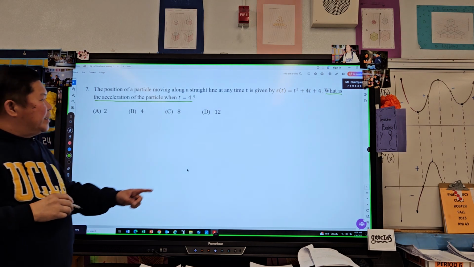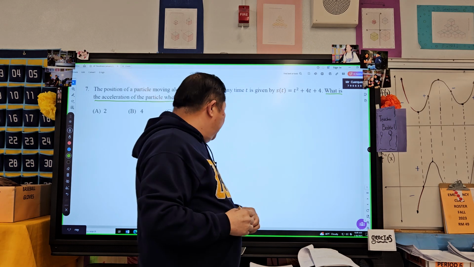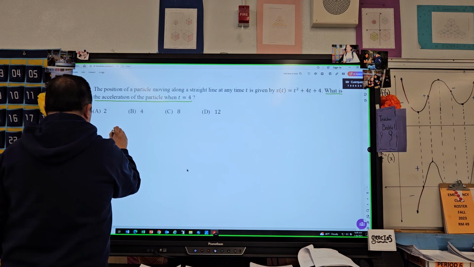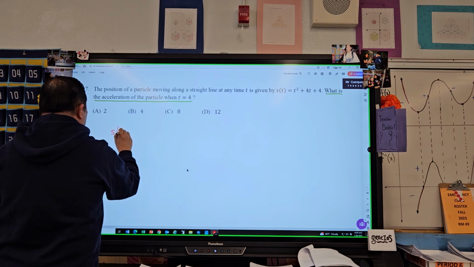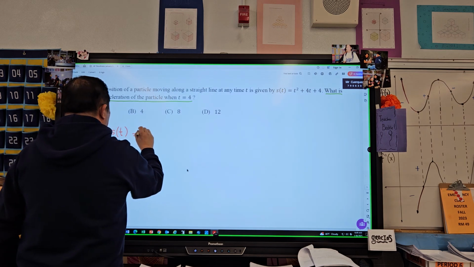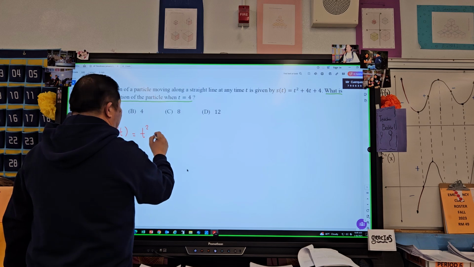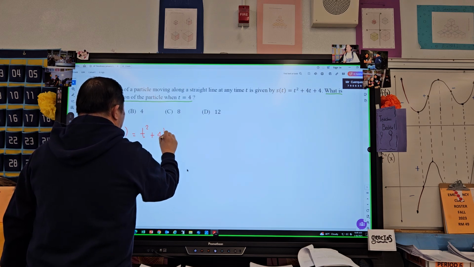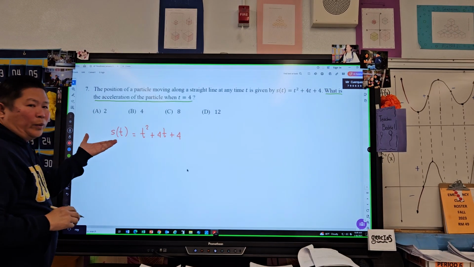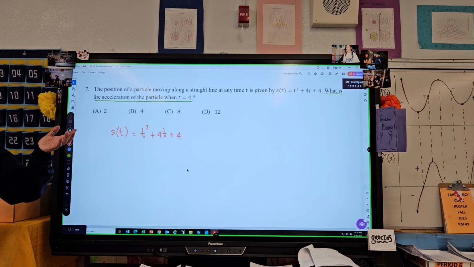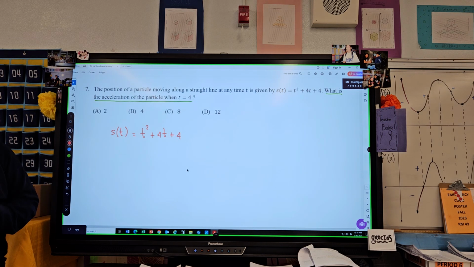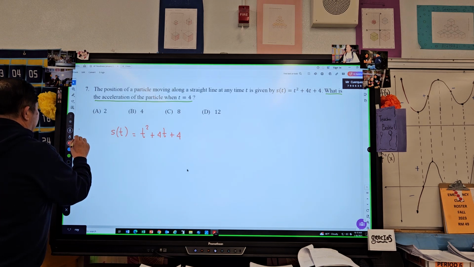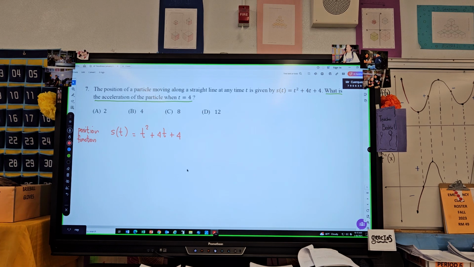So what is this, guys, in the context of the problem, the s and t? Can you recall what we learned last time? s of t equals t squared plus 4t plus 4. What kind of function is s of t? This is the position function. Shall we read? Okay, so